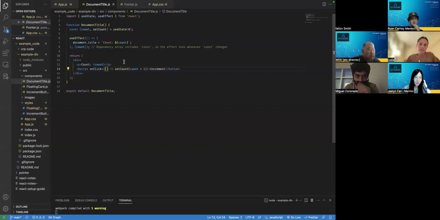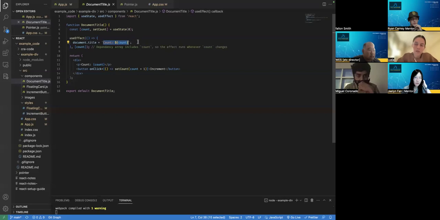However, there's one more thing that happens. It doesn't just show the count right here, it also changes the document title. And that's done by using a useEffect, because every time that the count value changes, this function is called. So we're saying document.title, which is a keyword of HTML or JavaScript,